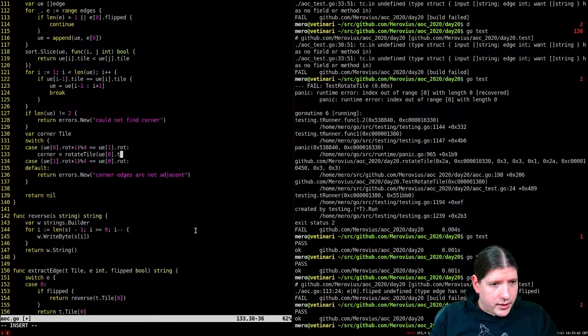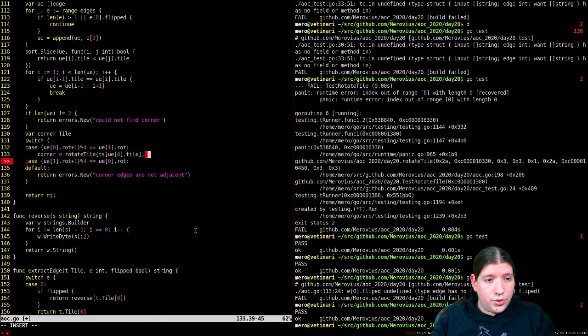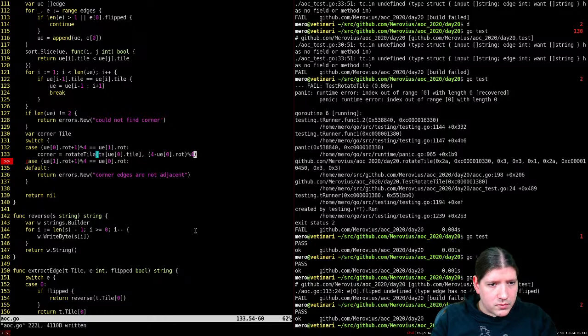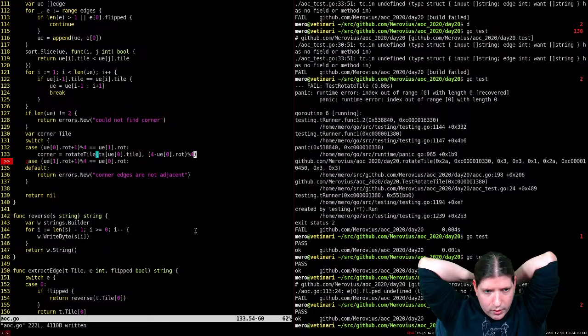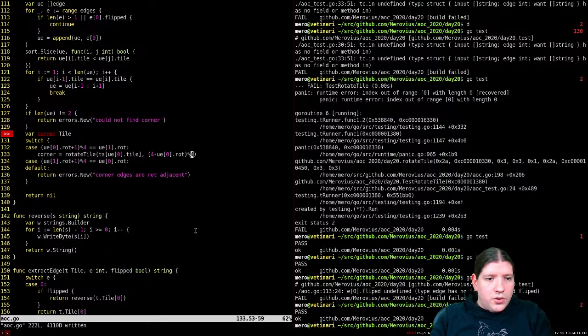They will both have the same tile, and the rotation number will be 4 minus ue0.rot, right? And we can also do mod 4 just so we end up with 0. So if the ue0.rot, oh no, we want this actually to be